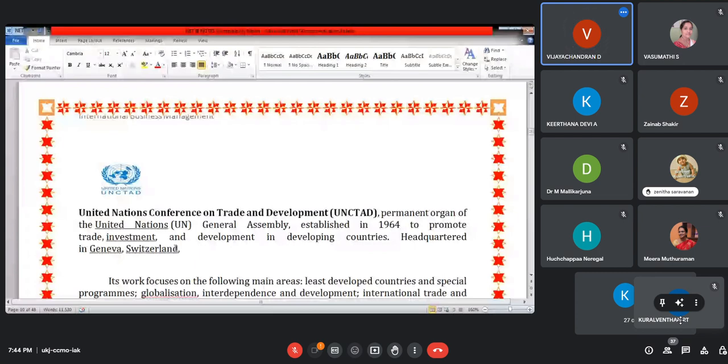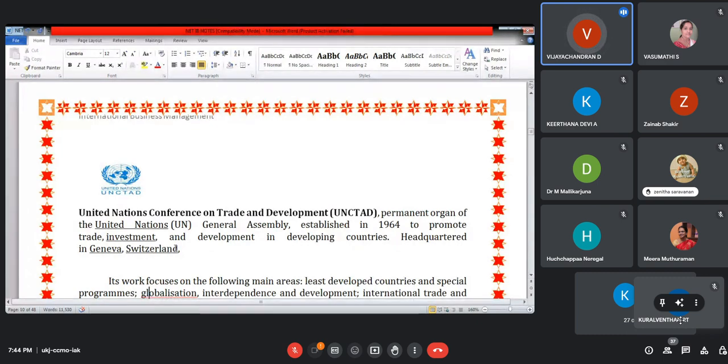It is a permanent organization under the UN, the United Nations Organization. So what is the purpose that I have to say? This was established in the year 1964. UNCTAD was established in 1964. What is the main objective for the development of UNCTAD? As the name suggests, in order to promote trade, investment, and development in the